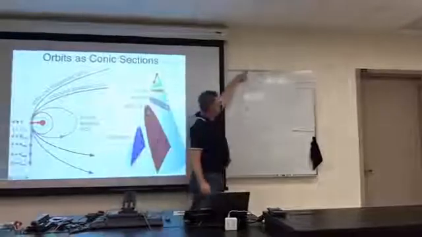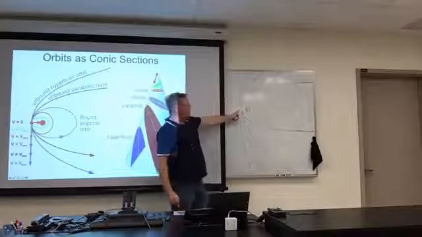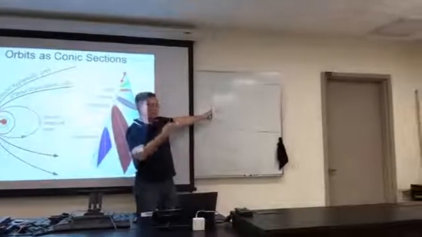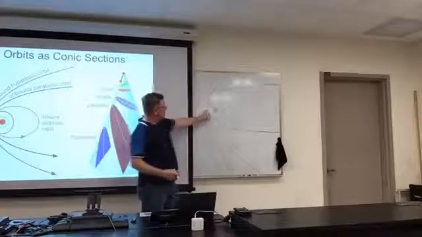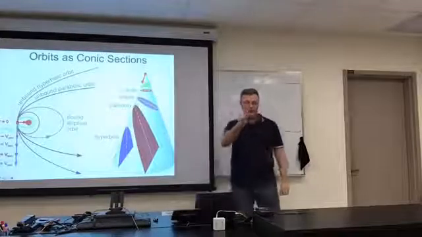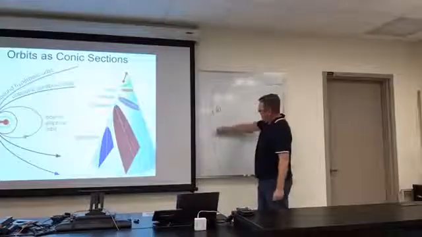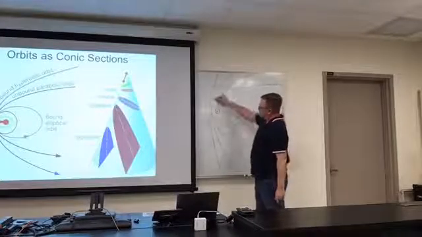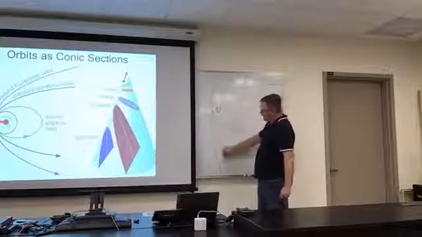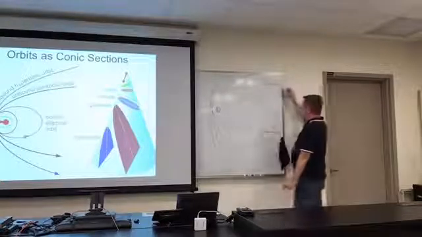The object is coming in so rapidly that the sun's gravity just doesn't have a lot of time to bend it. It's got so much forward momentum that the sun's acceleration isn't very strong relative to that forward velocity. And so it zips past the sun at a really high speed, and the sun just doesn't have much time, and its gravity isn't strong enough to turn it very much. Whereas something that's moving